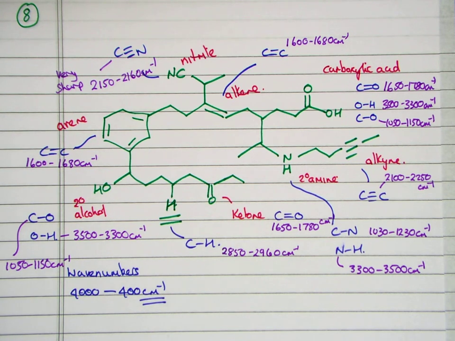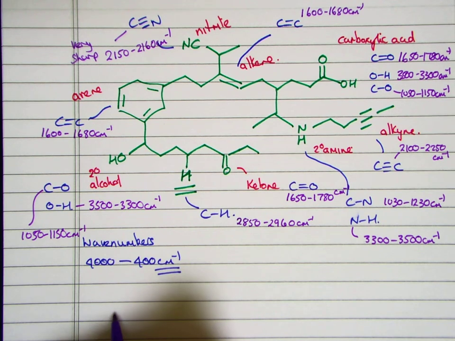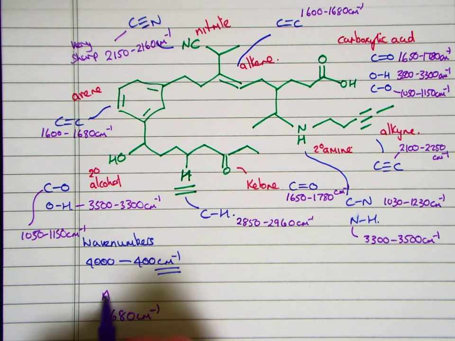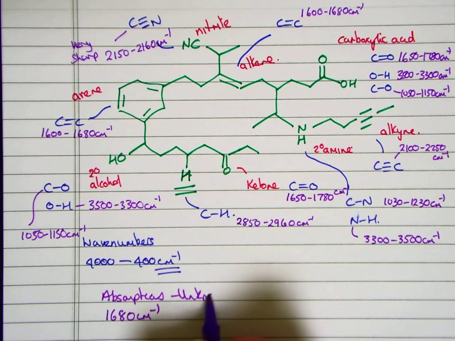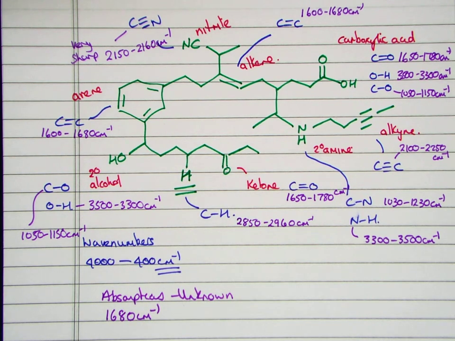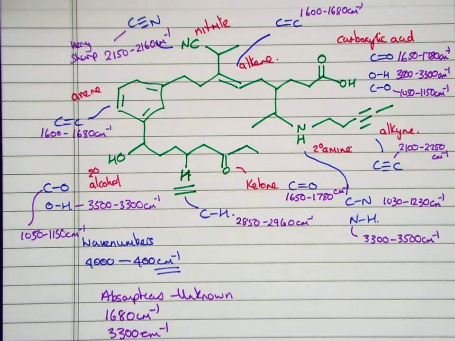So that helps us a lot, because if we have an unknown, and say we have an unknown that has an absorption, say at 1680, so the absorption, let me write this, for the unknown, 1680, and excuse me, we also have 3300 centimeters to minus 1. So we've got two absorptions there. From our knowledge based on our structures, we know so far